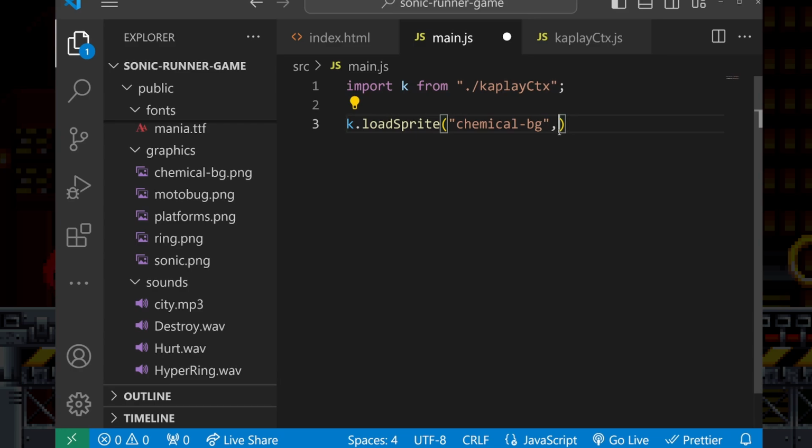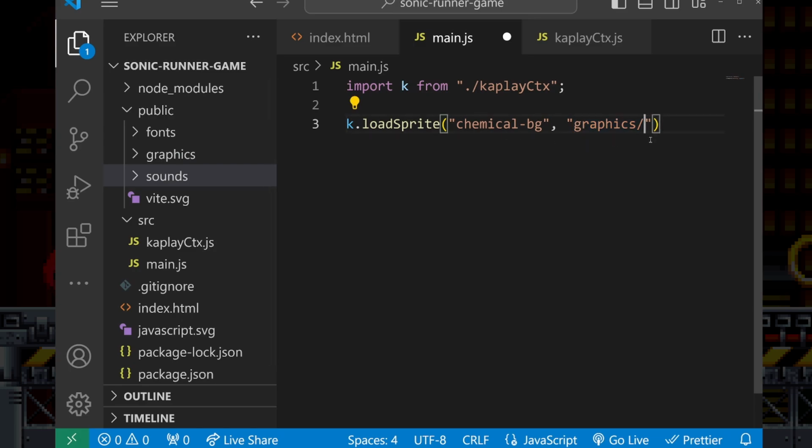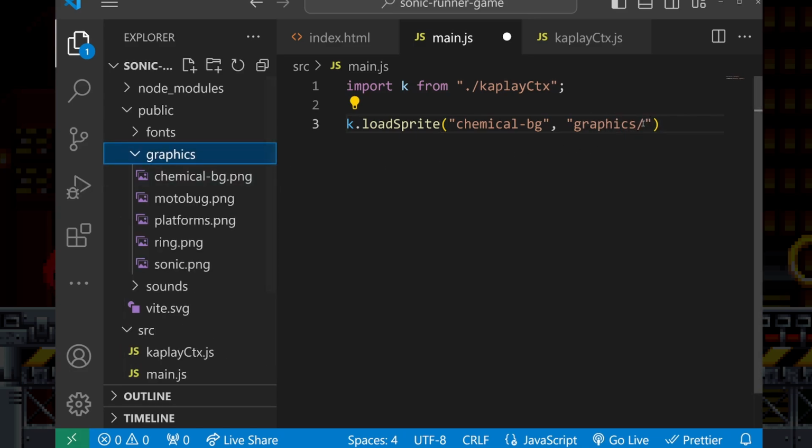Anyway, the second param is going to be the path. So here it's going to be under the graphics folder. By the way, this is something specific to Vite: when you put your assets in the public folder, you do not need to specify public/graphics. You can immediately specify the path as if it were at the root level. So this is something to keep in mind. That's how I can just start from the graphics folder rather than saying we need to go to the public folder and then the graphics folder. So here in the graphics folder, you just type in the name,